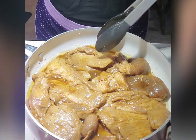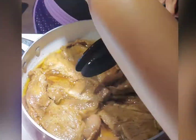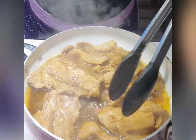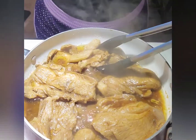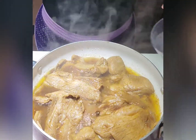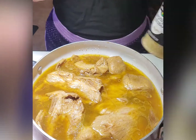lalagyan pa natin ito ng tubig tapos papakuluan natin ng tubig. Okay. So, wait ulit tayo. Another 1 minute. So, after 2 minutes of simmering this pork steak or bistik, lagay natin, baliktarin ko muna ha. Oops. Lalagay ko ang tubig. Tapos pakuluin lang natin hanggang sa lumambot ang karne. Tapos lalagyan ko ng